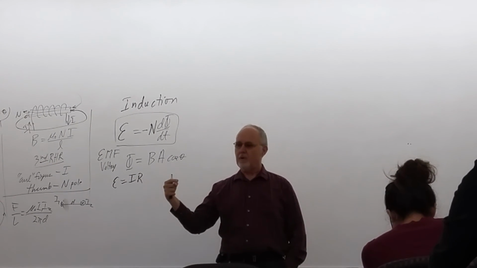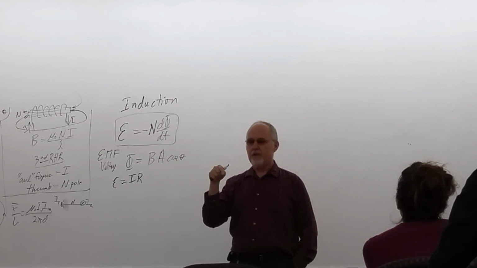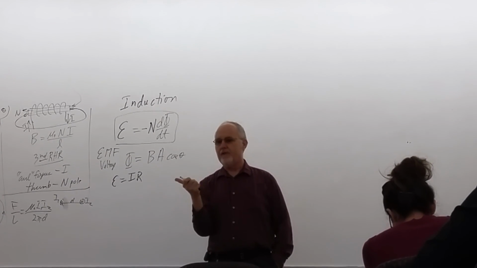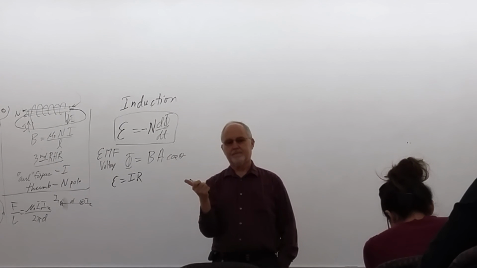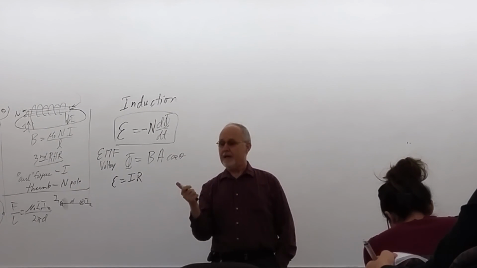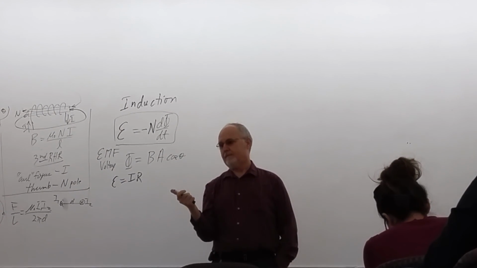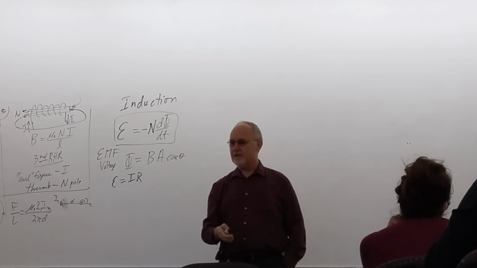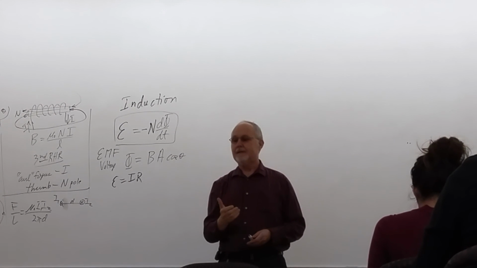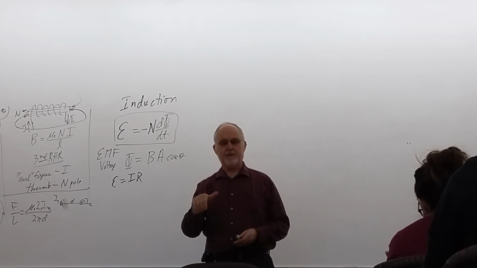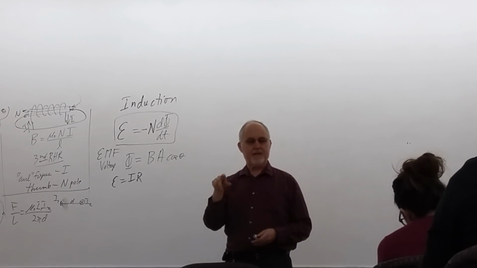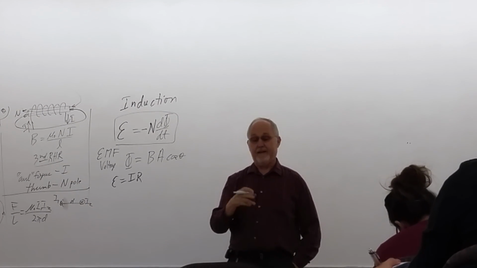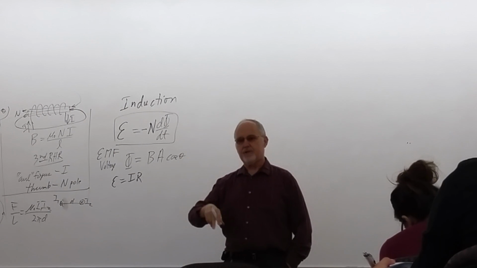So if you've got a north pole going into the coil, you want the north pole of the current to be pointing toward the north pole that's coming toward it. Or if the north pole is going away, you want the south pole pointing toward it, or vice versa. So look, and then look to see which way your fingers are going. Is it back to front, front to back, and which way does that mean the current has to be going through your coil? And if it's connected to like a resistor down there,